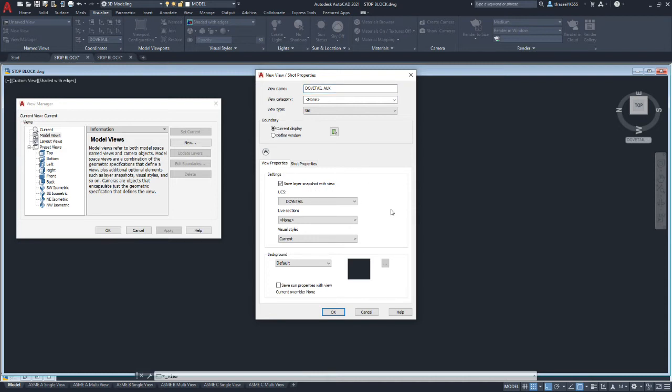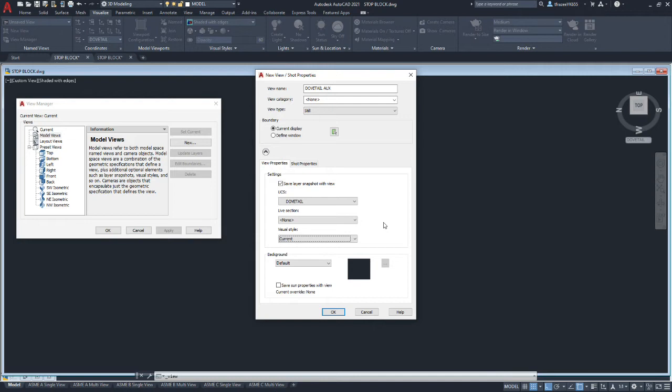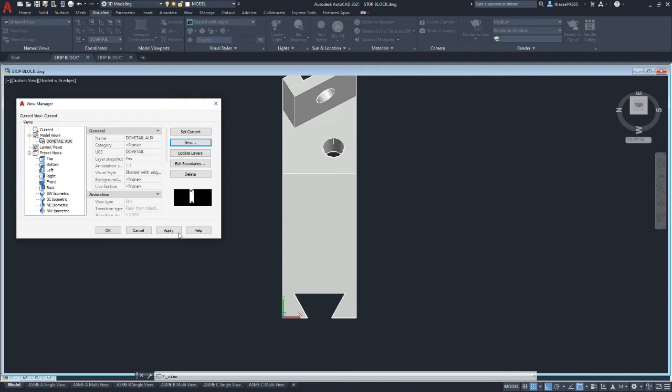Okay, so we want to save the snapshot with our UCS as Dovetail, and the current visual style is fine. We'll select OK, and it adds it to our list. We'll select OK, or Apply, and then OK.